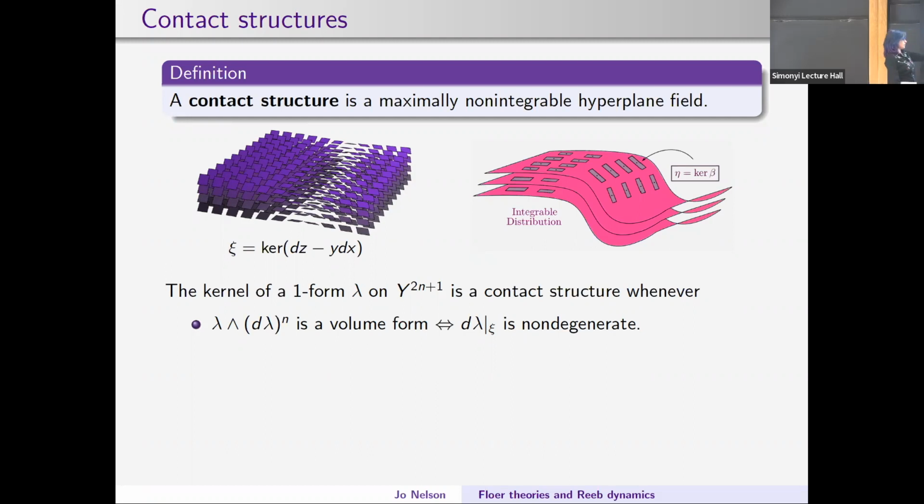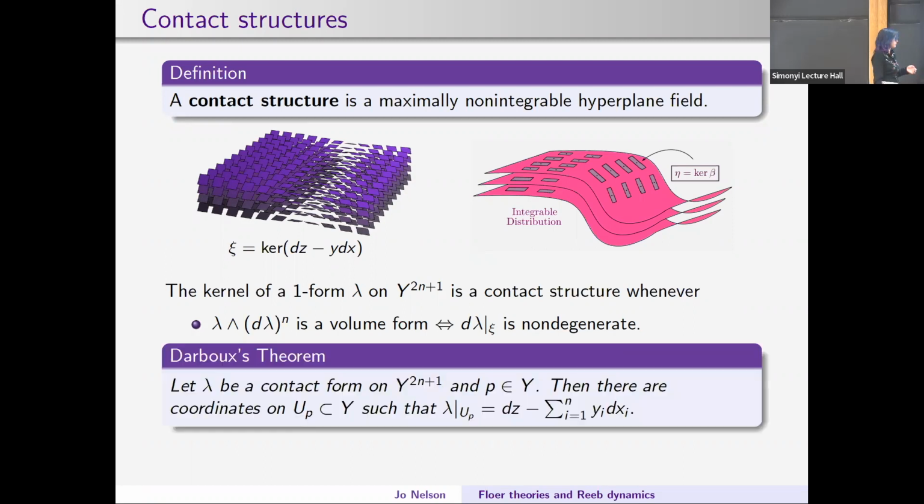And that's the same thing as saying that d lambda restricted to its kernel is non-degenerate. And this condition that d lambda restricted to its kernel be non-degenerate is also equivalent to saying that its kernel, equipped with d lambda, is a symplectic vector space. And then in symplectic geometry and in contact geometry, we have something called Darboux theorem, and that just says that